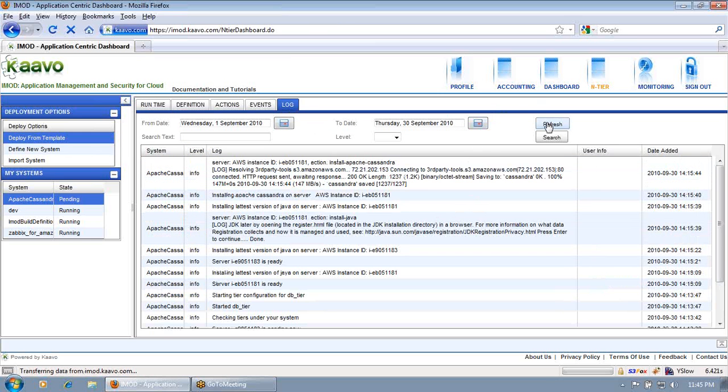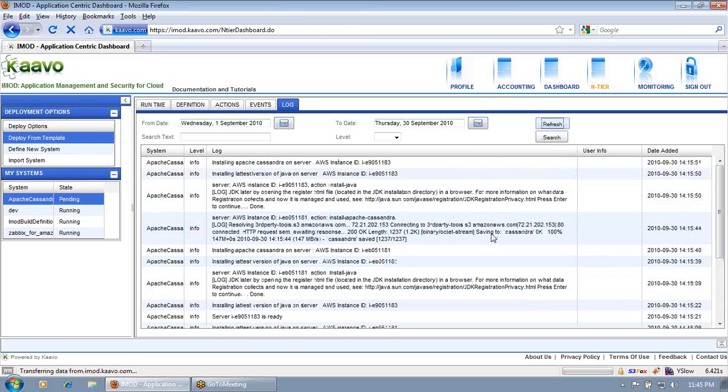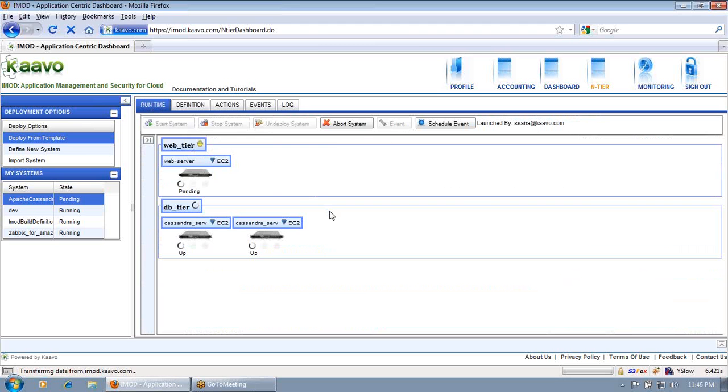You can hit the refresh button, and this will refresh the log. Okay, so it will take some time to completely run this system. Let's check out some of the actions which are used in this system.